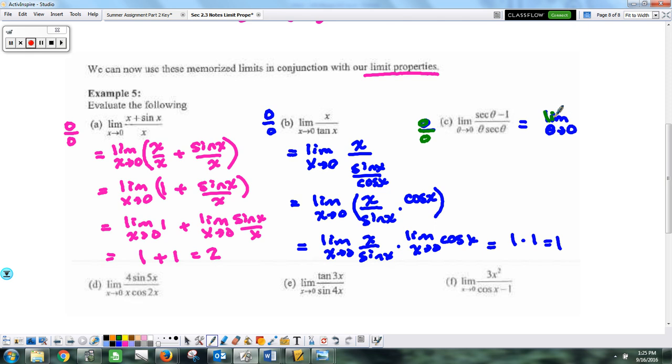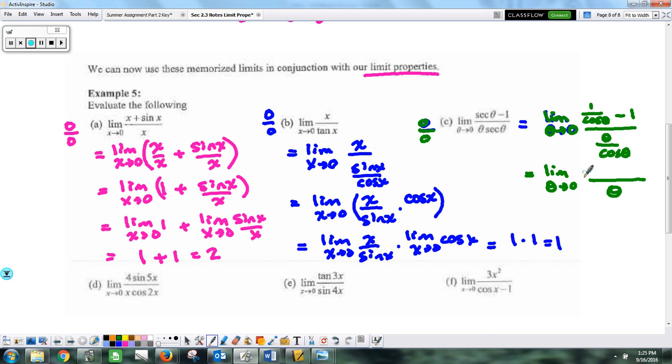So when I calculate this limit, I recognize that it's sort of like the special limit with the cosines, but I have secants, so I'm going to change them to cosines. Secant is 1 over cosine theta minus 1 over, this becomes theta over cosine theta. And dividing by cosine theta here would be the same as multiplying cosine of theta to the top. So we'd have theta going to 0. I'm going to leave the theta on the bottom, and I'm simply going to pull the cosine, flip and multiply